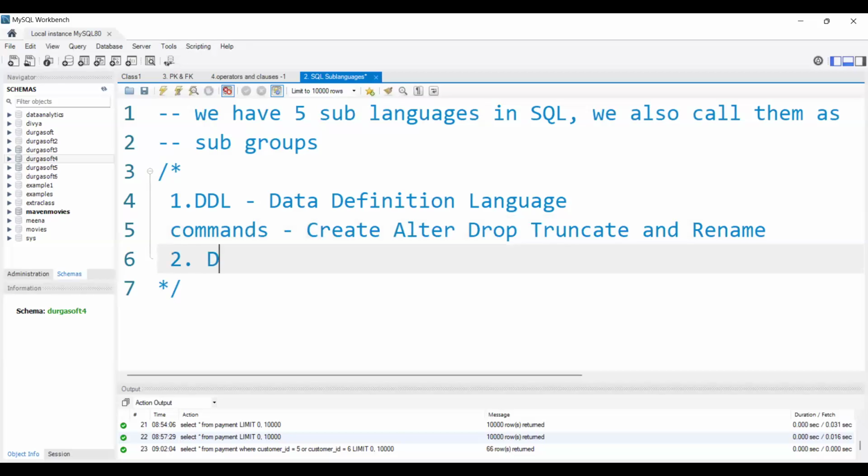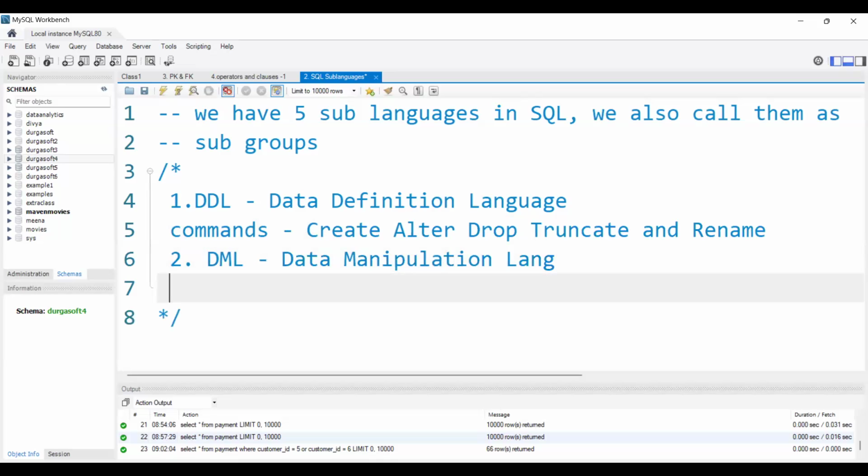Next we have DML, that is nothing but data manipulation language. And the commands that come under DML are insert, update and delete.